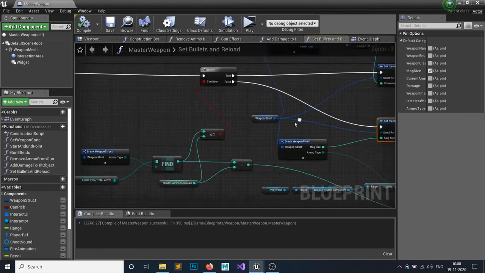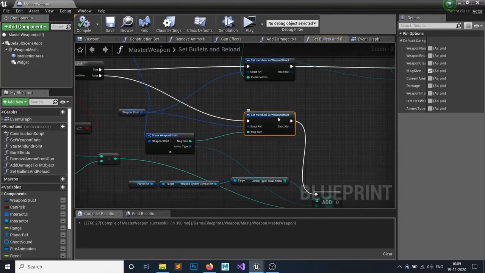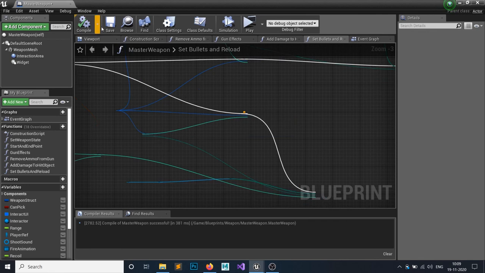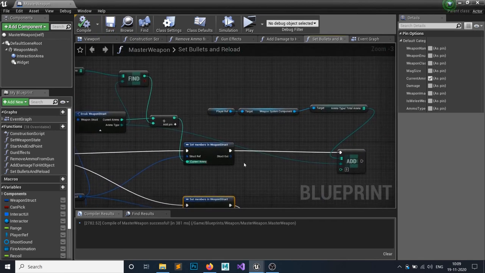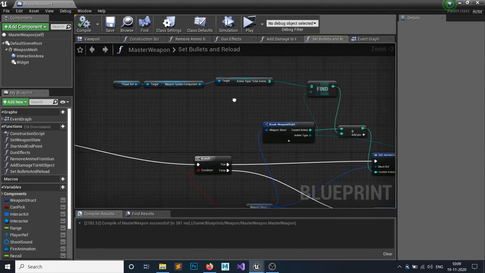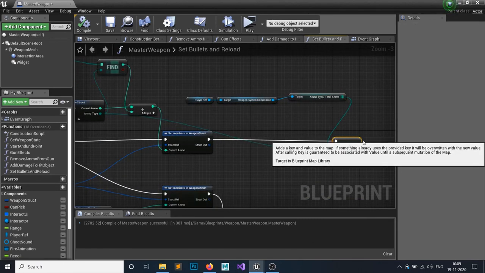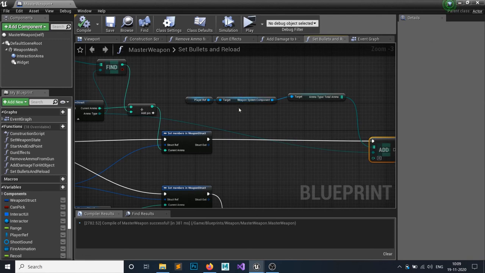So in here, after the first branch, the second one, this one, we are setting the member in our mag size. Actually we have to set it in my current ammo rather than the mag size, and I have to set that mag size in the current ammo. Also this add, it is the same as this one. I have simply just Ctrl W to duplicate that and added it here so that it looks more clean.